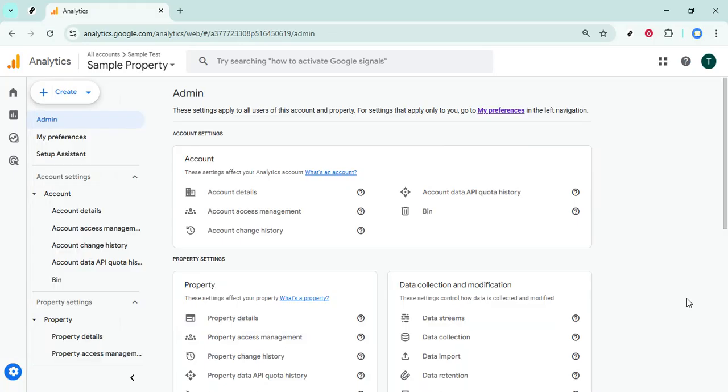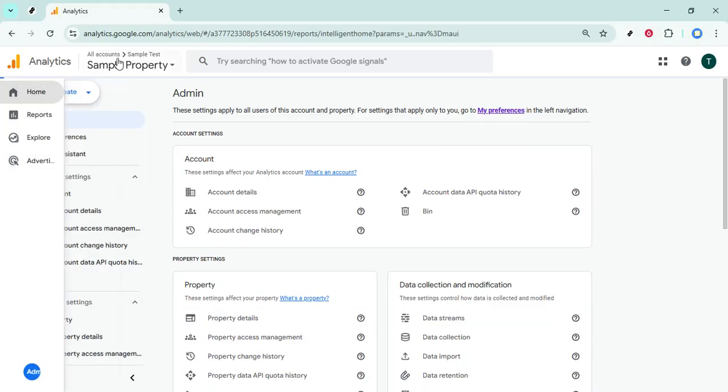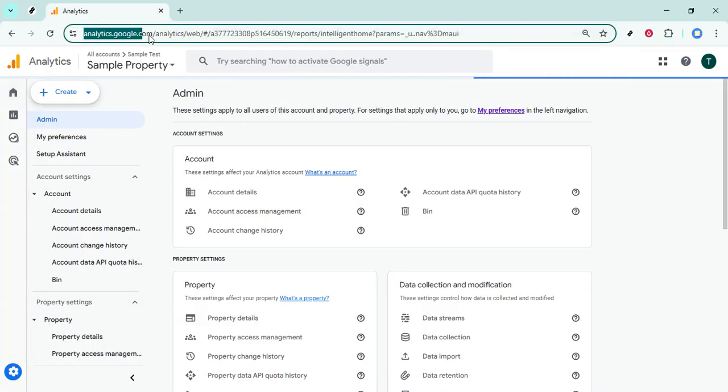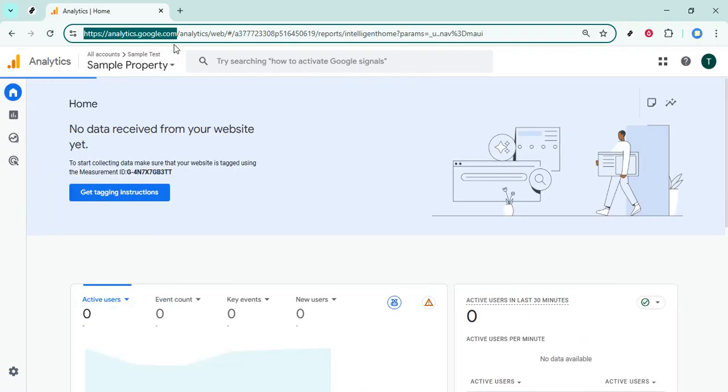First, open your browser and go to analytics.google.com. Make sure you're signed into the correct Google account that has access to the property you want to work with. If you manage multiple properties, double check that you've selected the right one at the top of the screen before you move on. Filters are applied at the property level, so you always want to be sure you're editing the